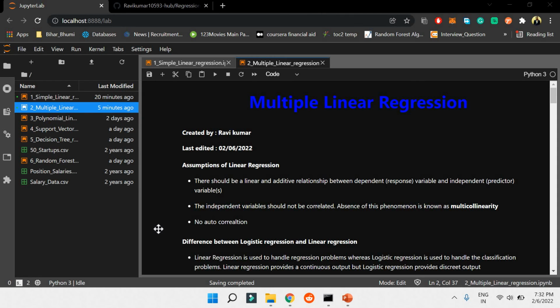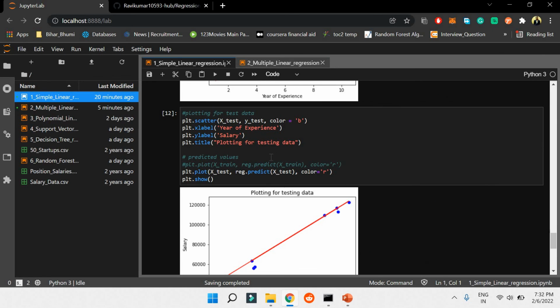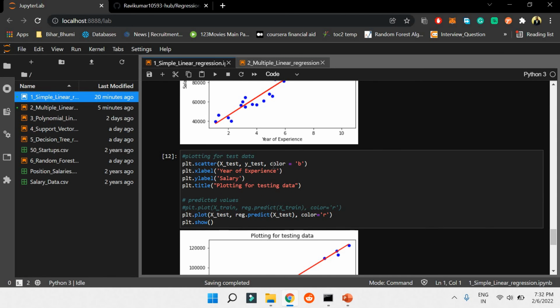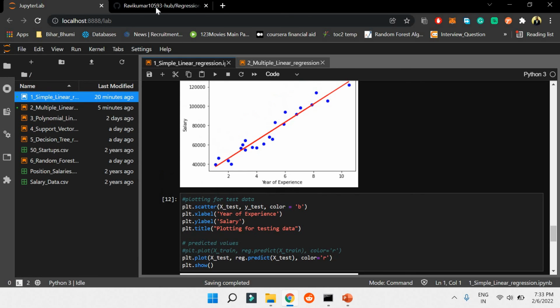So in the last video we discussed simple linear regression. If you don't know, you can watch the previous video. We learned about what simple linear regression is, what the basic use of it is, and I just uploaded